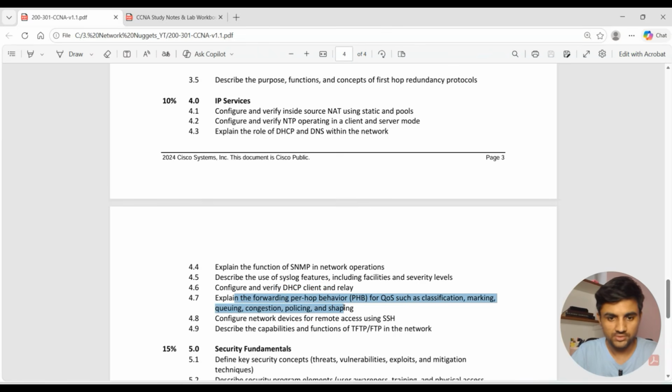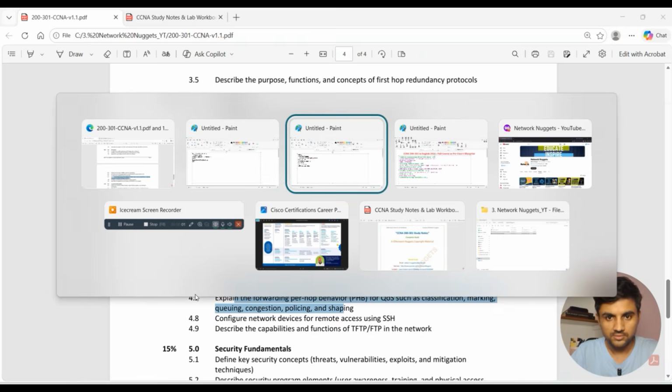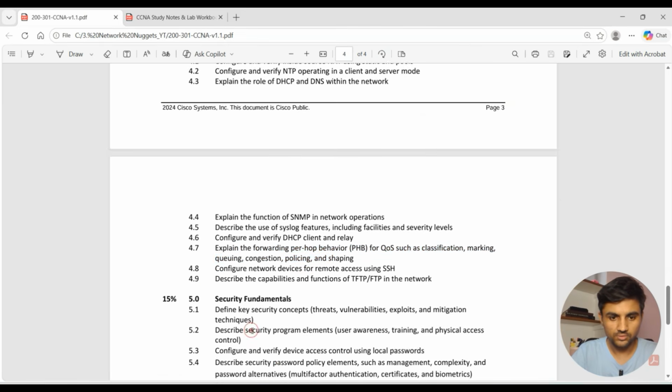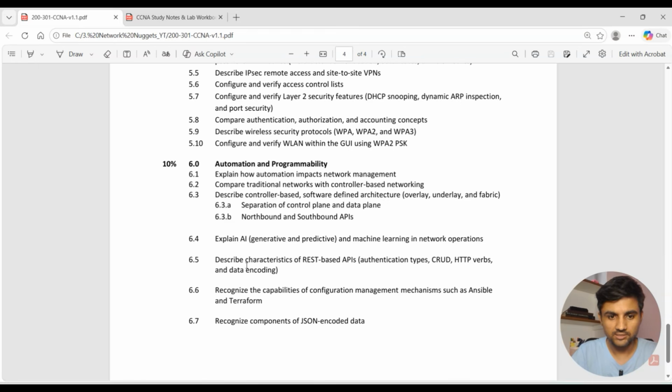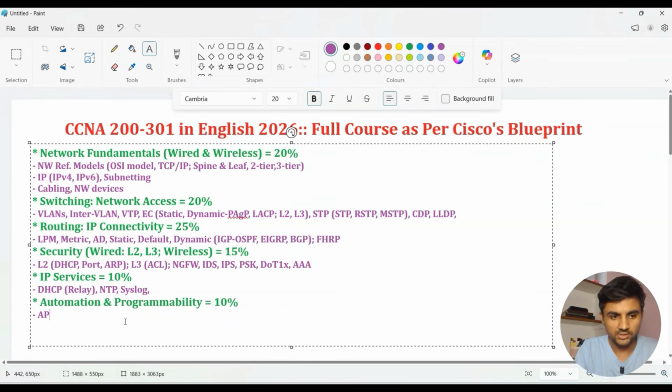We have quality of service. Yes, quality of service, I'll show you the lab as well. So if I write this, one more thing I'll be showing you is the quality of service labs here. All right, security fundamental. And then finally, when it comes to automation and programmability, we are going to cover the